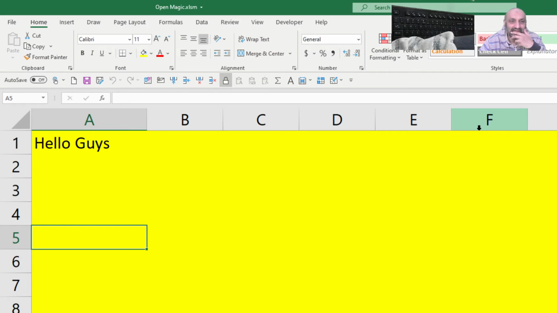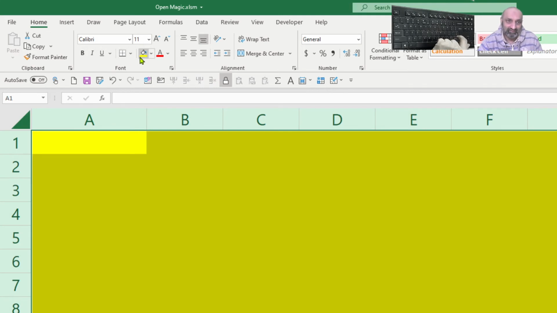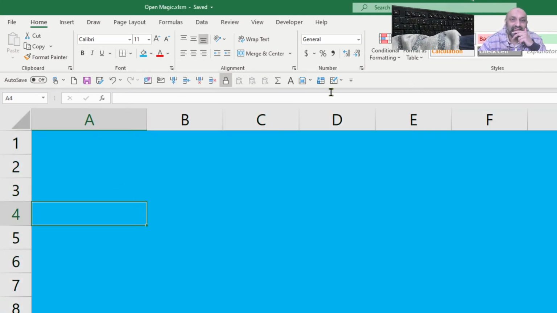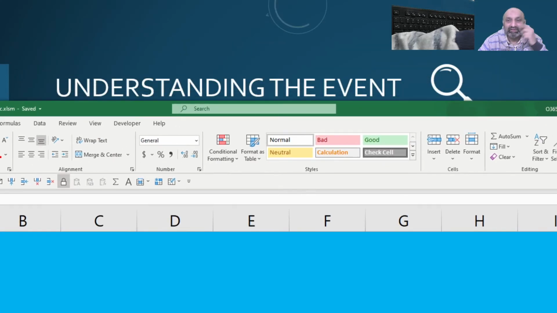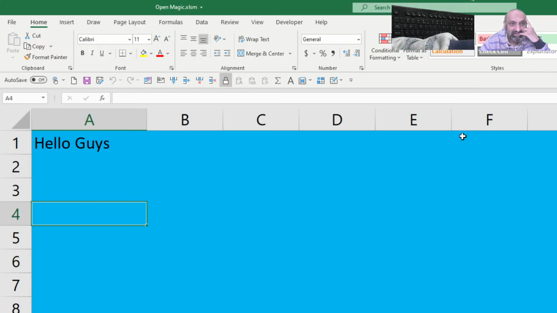"Hello guys" is still there. Sheet is yellow. Delete "hello guys". Turn it to blue. Save the file and close. Open it up again. "Hello guys" is still there.